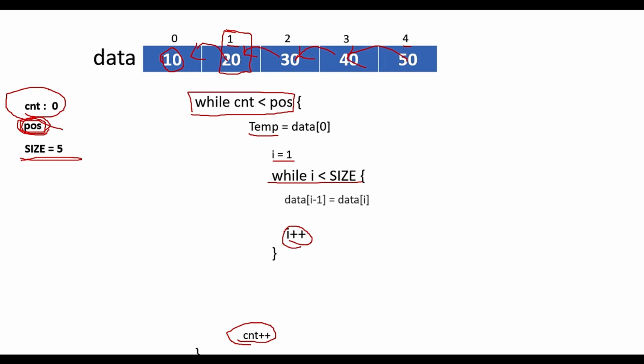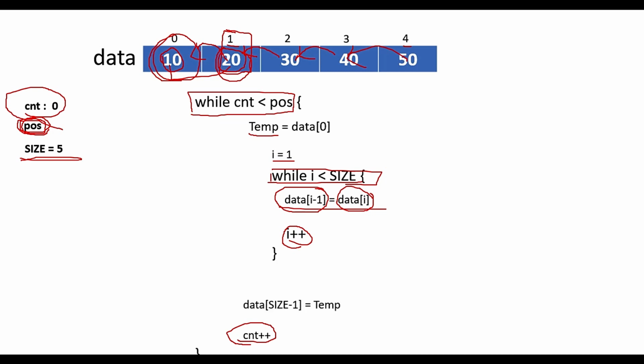When I say shift the elements, basically it will just copy the ith element to the I minus 1th position. So if this is the ith position, then this becomes the I minus 1 position. That will go on in one iteration. It will shift all the elements, and once this condition fails, it means the elements are shifted. Now that the elements are shifted, the next thing to be done is that we have already copied 10. So 10 should be moved to the end.